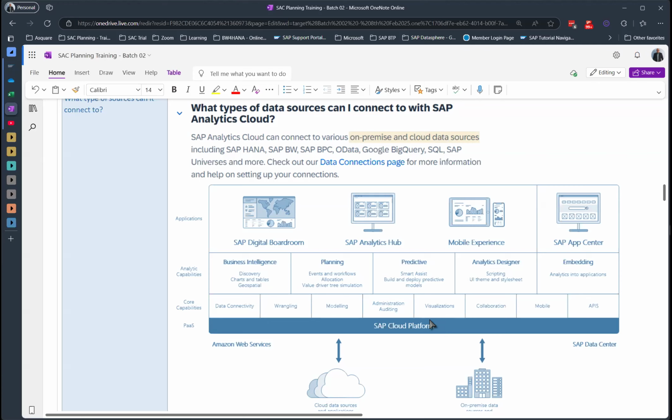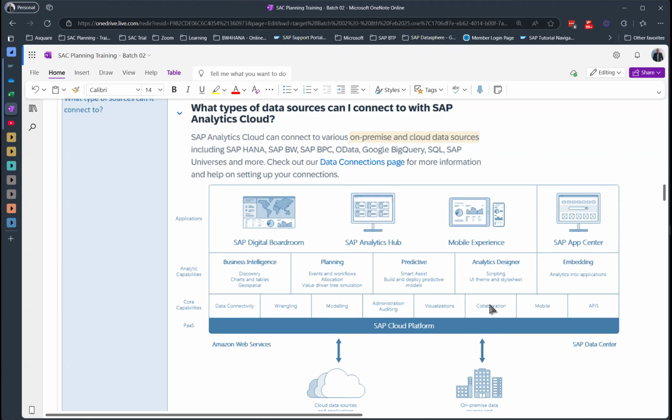By the way, the terminology used in SAC for reports or dashboards is called stories. We create something called stories, and those stories can be of type report or also of type dashboard. But the official term is stories. So you will create those stories and visualizations.